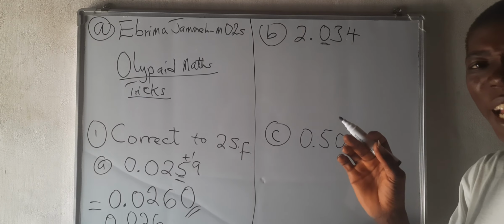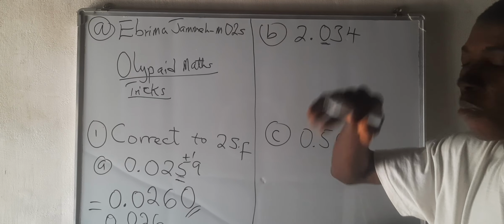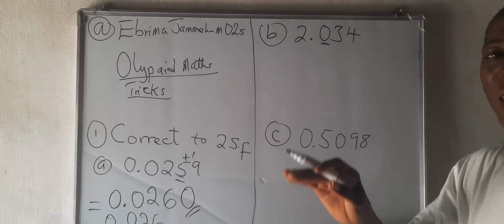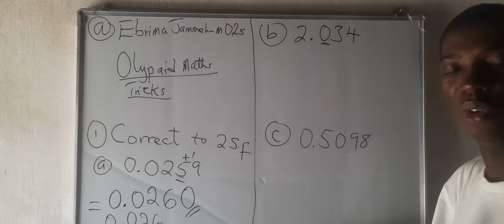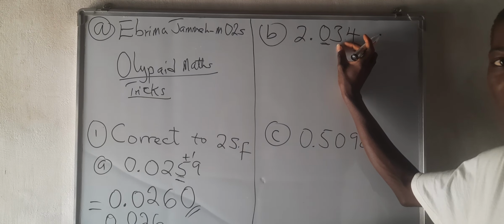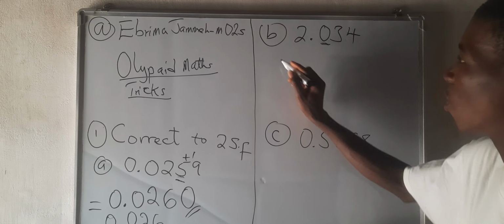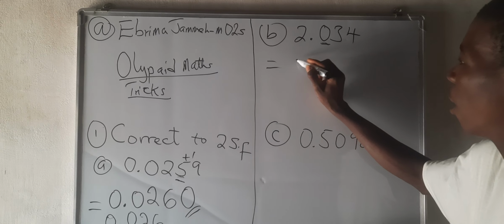If that number is 5 or more than 5, we round up. But if that number is less than 5, we round down, that is, we leave it like that. Here, this 3 is less than 5, so we are going to leave it like that. That is, we round down. So our final solution will now be